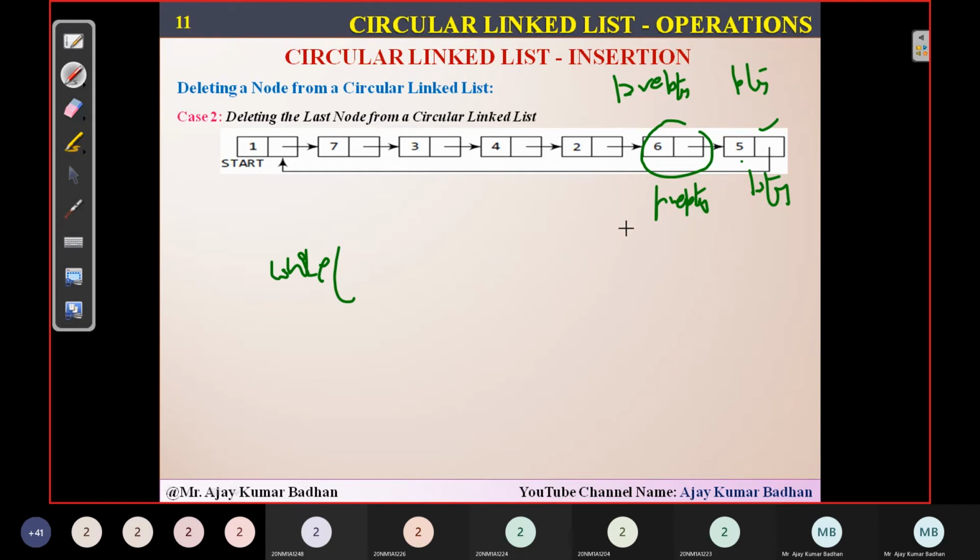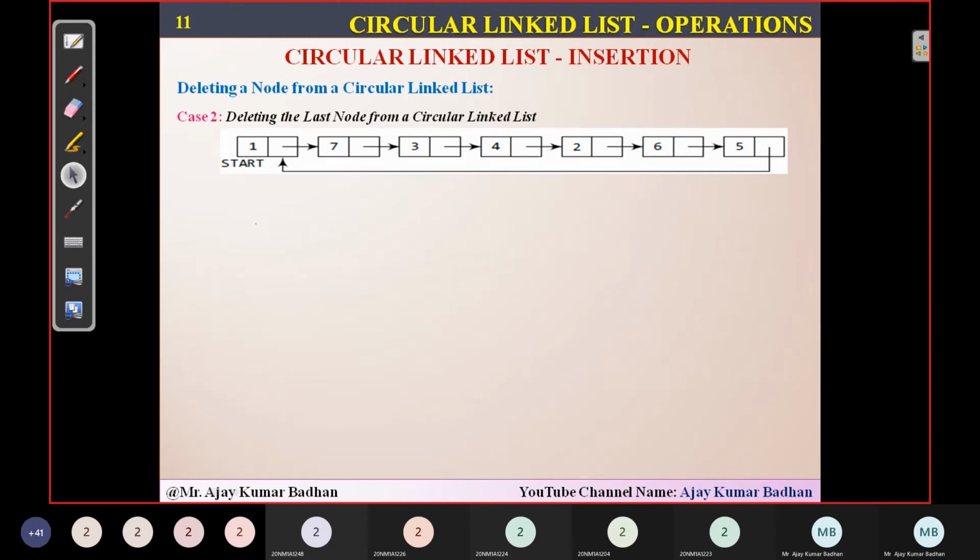So what will be the condition here? In order to traverse, you know that the pre-pointer address needs to be changed. So definitely I have to focus on this particular pre-pointer. So whatever the condition is, pre-pointer next not equal to pointer next, we will be following it and then performing it. Okay, let me show you the diagram so that it becomes easy for you. What are the steps we have to follow here in this particular case?